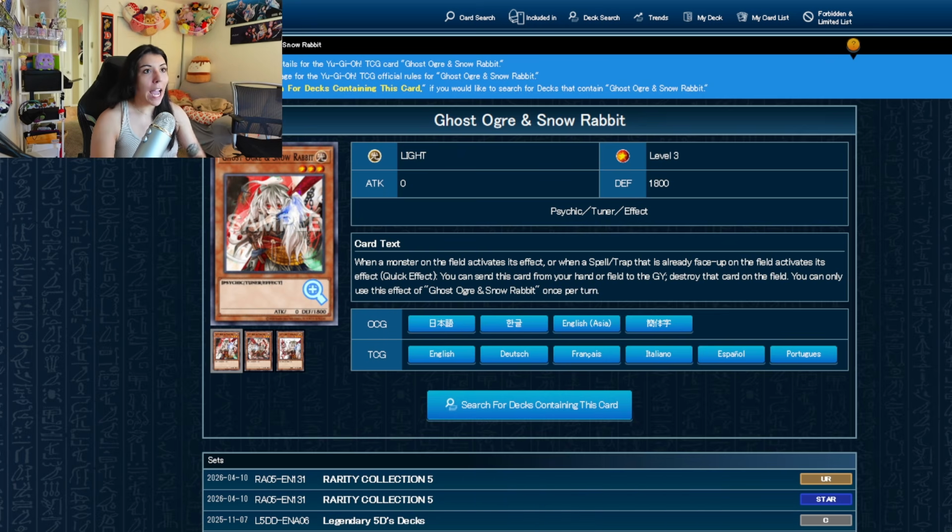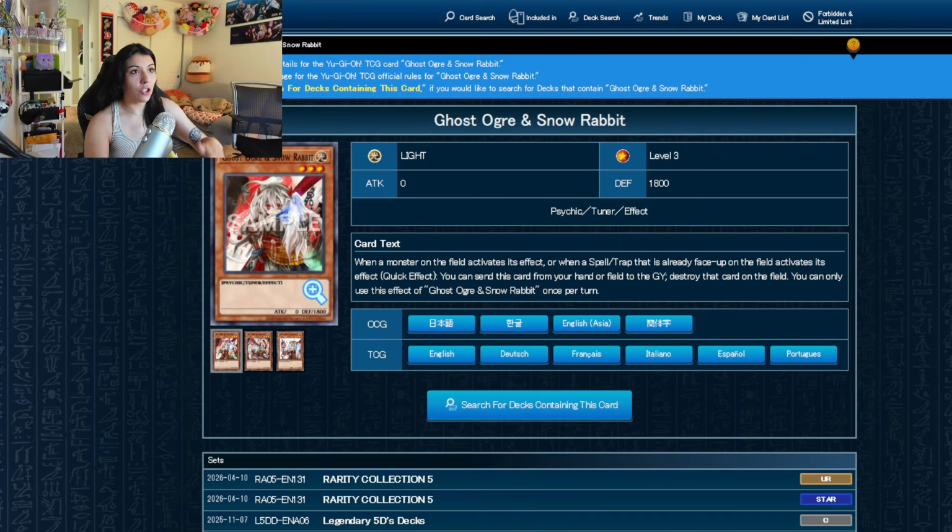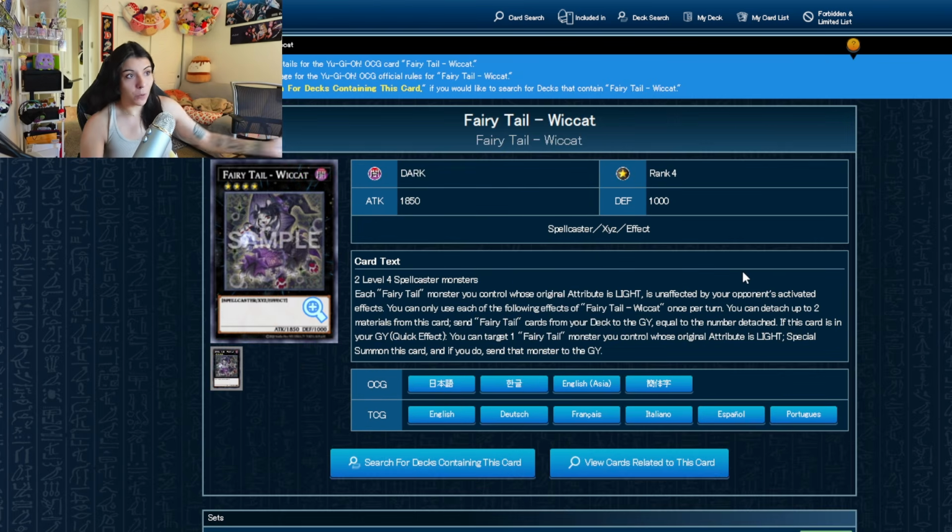Wiccat does not have to remain on the field in order to resolve. So when we do the chain, if this is chain 1 Wiccat, chain 2 Ghost Ogre is going to destroy the Wiccat. So Wiccat goes to the graveyard. And then Wiccat's effect will resolve because monster cards do not need to remain on the field at resolution